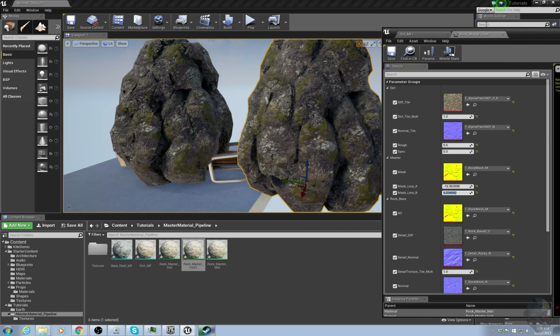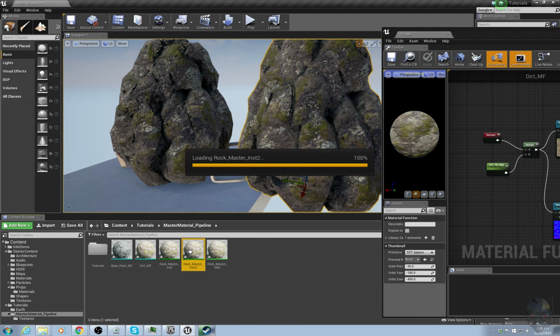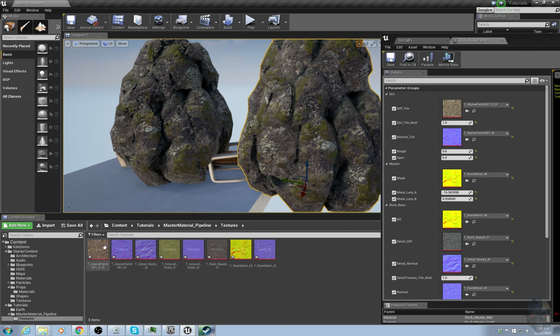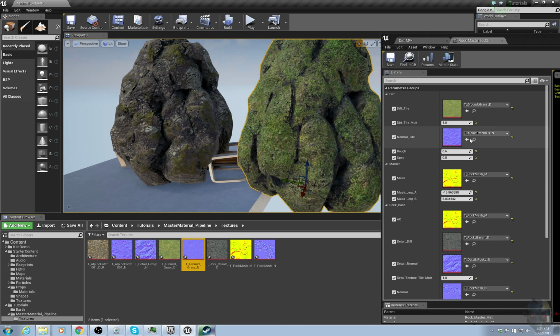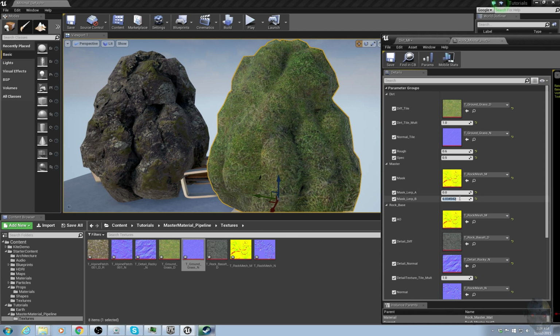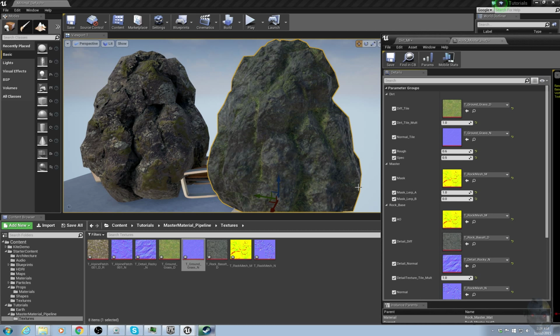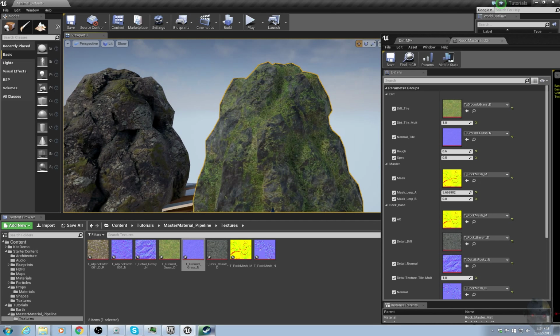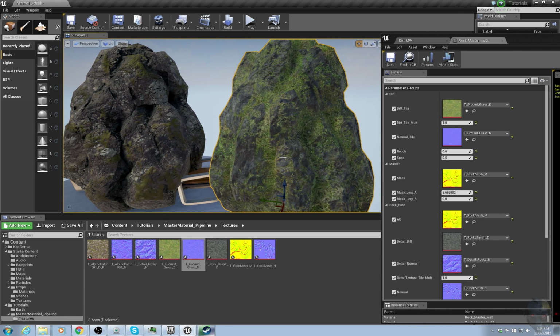So let's bring our new instance up. And let's change this up a bit. We're going to take this grass texture and plug it into the diffuse channel there, and its accompanying normal map as well. This time, we're going to set that to 0 and that to 1. That to 1 and that other one to 0. So now the grass exists only in the cracks. And so we'll increase this value here. And so now we have a very distinctly different material